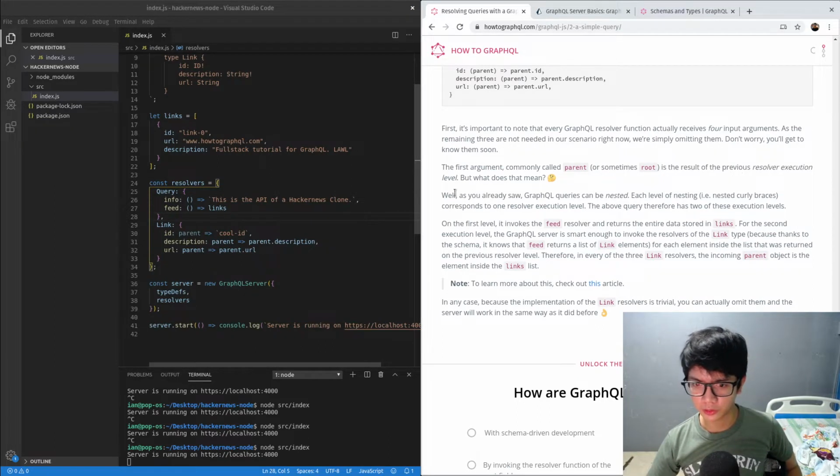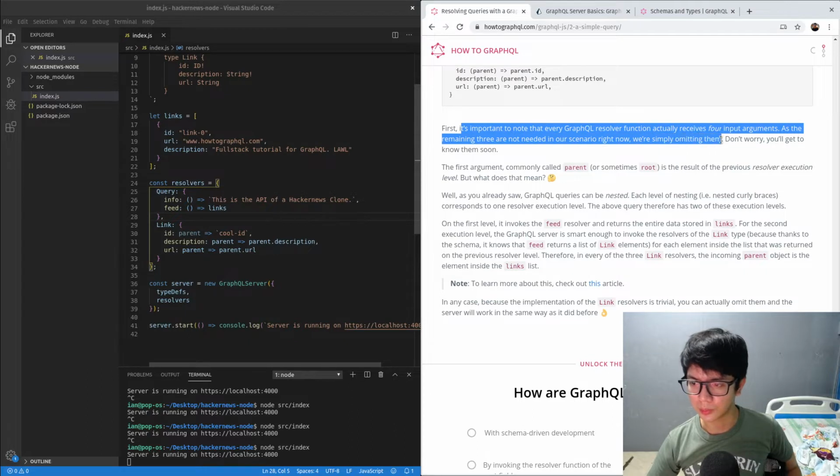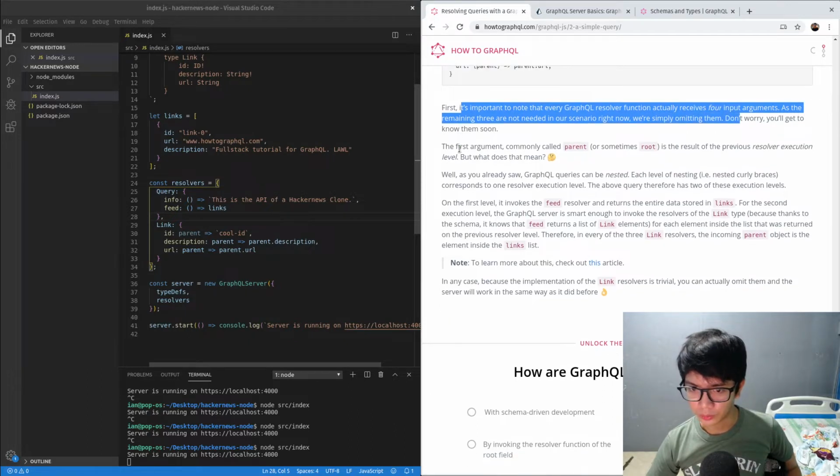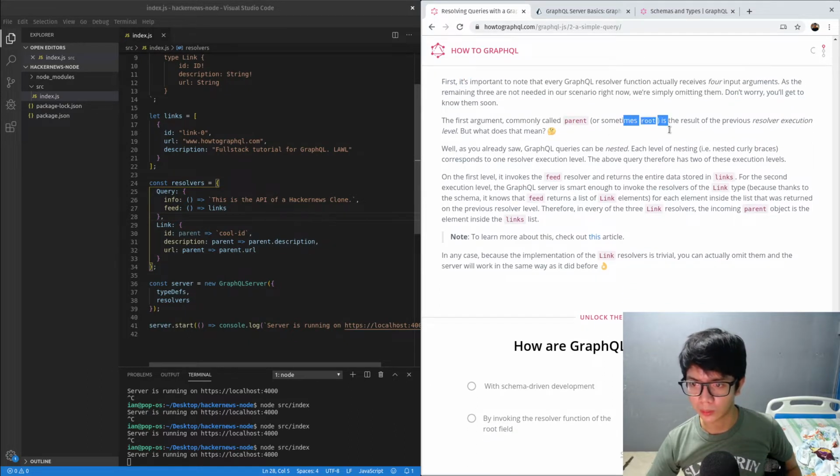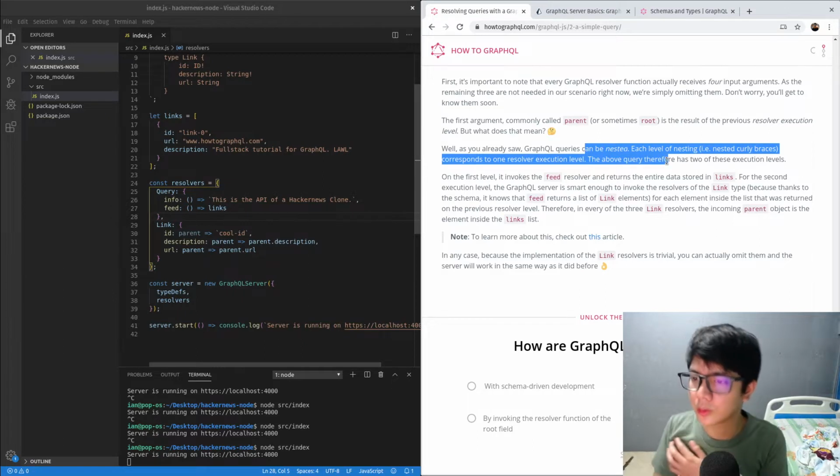Previous resolver execution. 4 arguments with the remaining turn out in scenario. Now we're simply mocking them. Don't worry, you'll get to know them soon. Parent, or sometimes it's the result of the previous resolver execution. Parent. GraphQL queries can be nested. Each level of nesting is one resolver. A GraphQL query therefore has to execution of